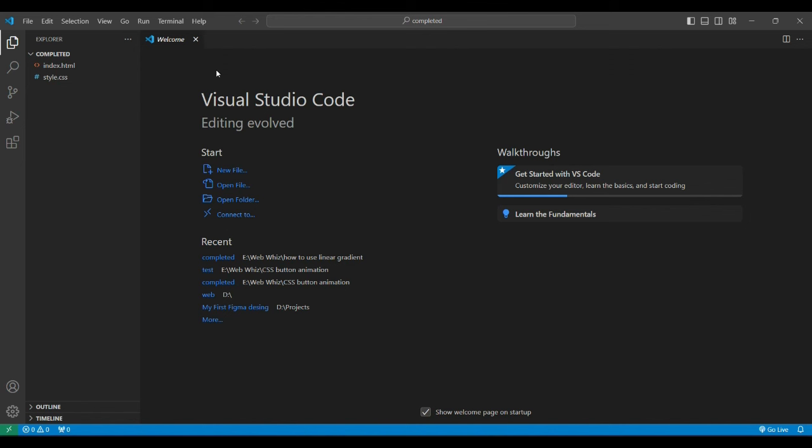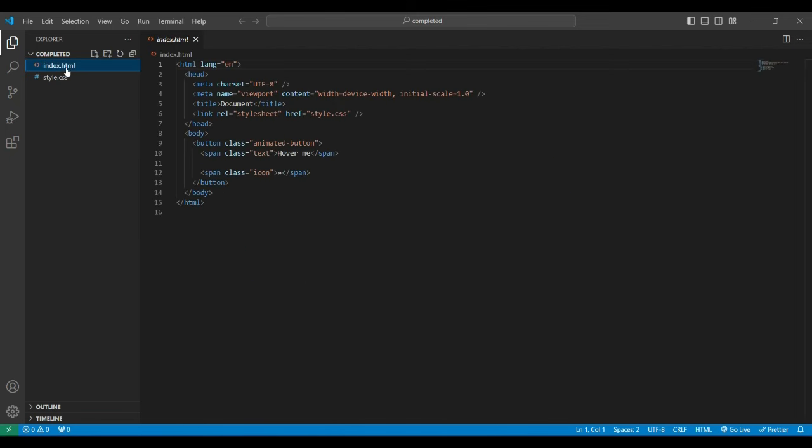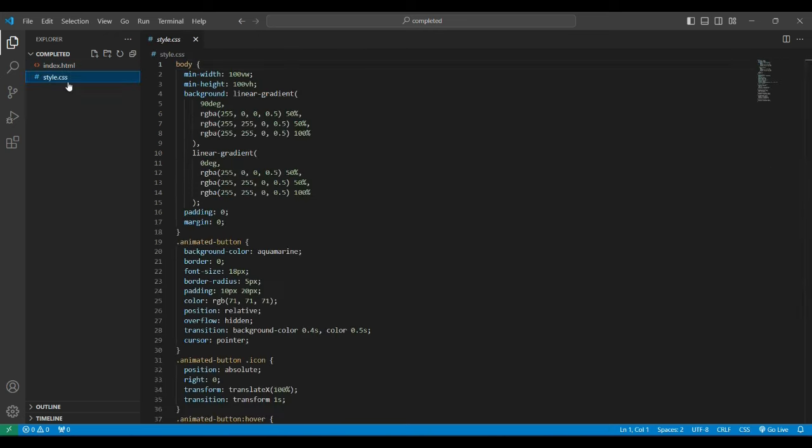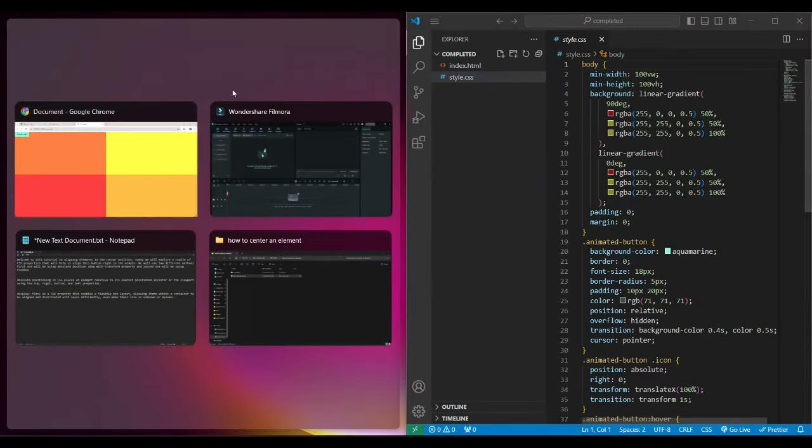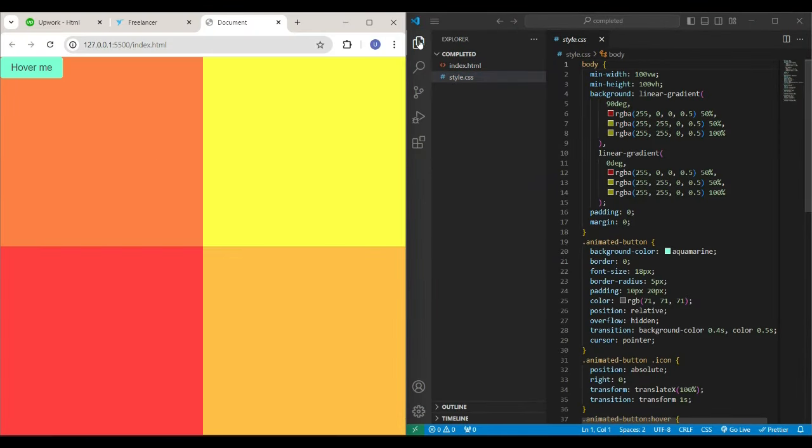Absolute positioning in CSS places an element relative to its nearest positioned ancestor or the viewport, using a couple of other properties as well, including the top, right, bottom, and left properties. For that, I'm going to use one of the projects from our previous lectures to center our button, placing both of these screens side by side,